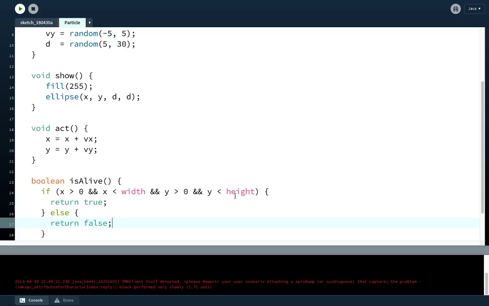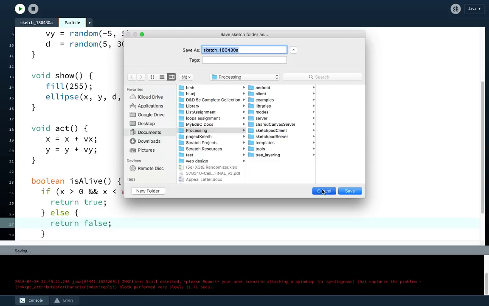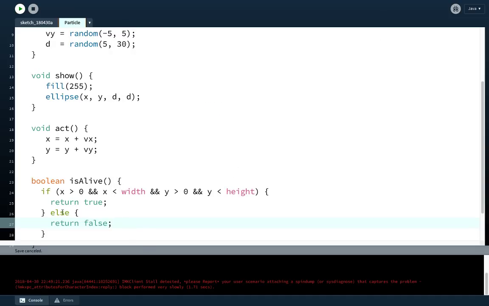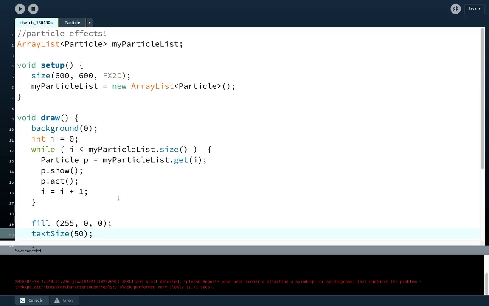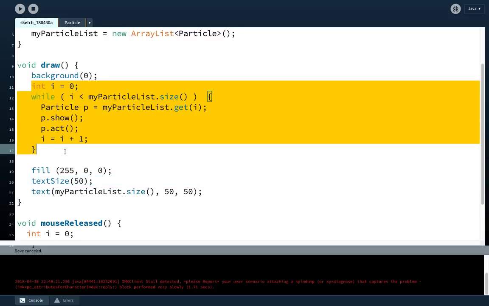And so now a particle, when we're in the array, I don't actually want to save it, sorry. When we're in the array, we can ask, hey, are you alive? And if you're not, we will remove you, so you're not using up our system resources. So in our draw function, in this while loop, where we are processing particles, we are going to add in